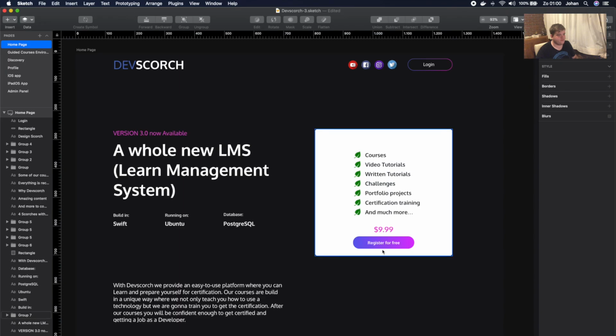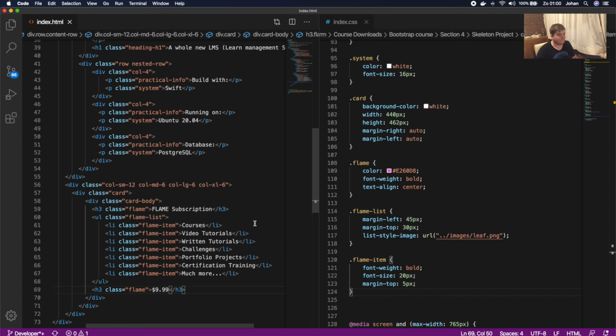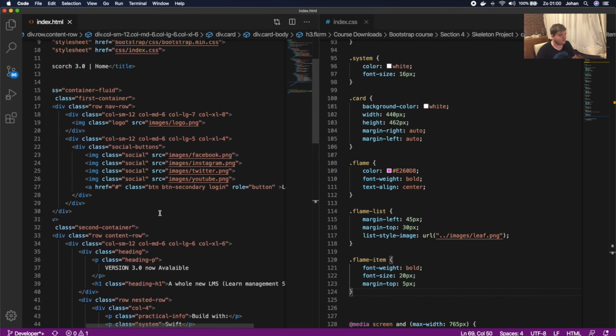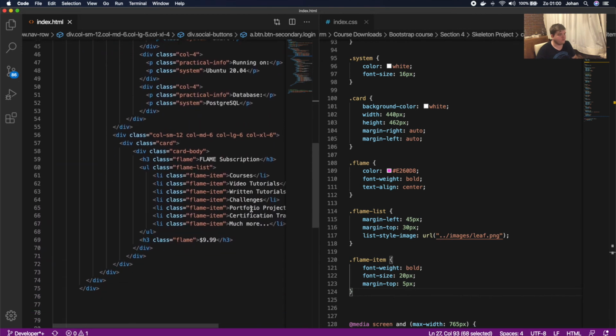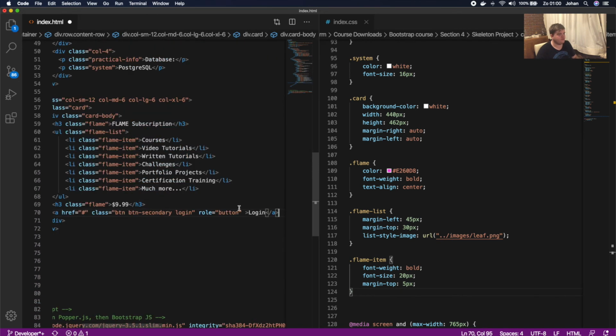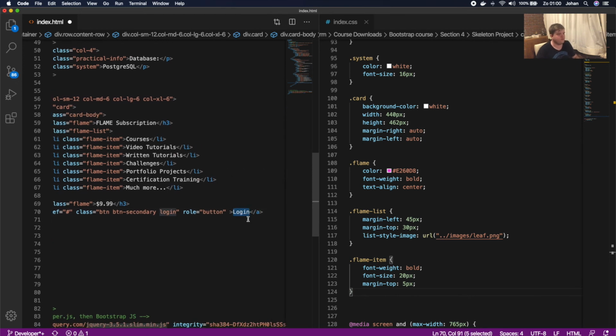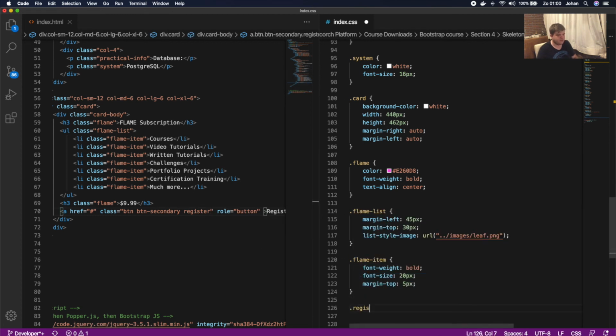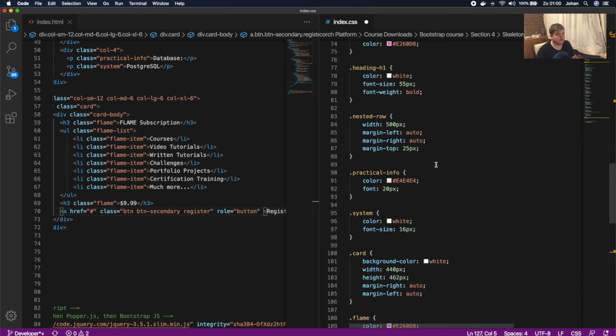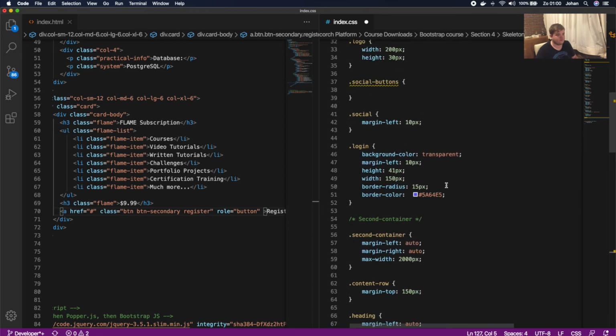Okay, and the last but not least is the button here. So we're gonna go upstairs, and we have here the href button from the login. We're gonna copy that one, and we're gonna paste it right on the h3. And instead of login, we call this register for free. And instead of login, we're gonna call this register. And under flame item, we're gonna call dot register. And we're gonna check the button stuff we had here from login. We're gonna copy this, save it,